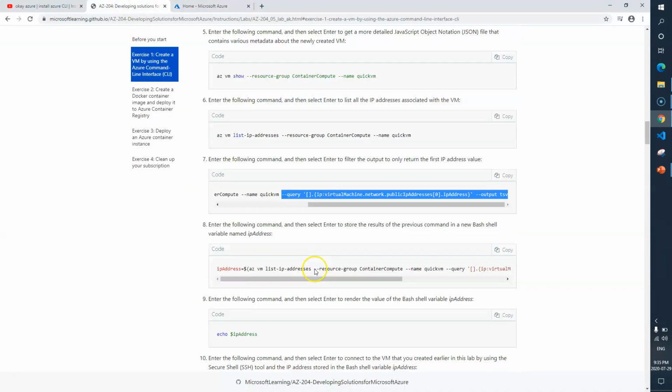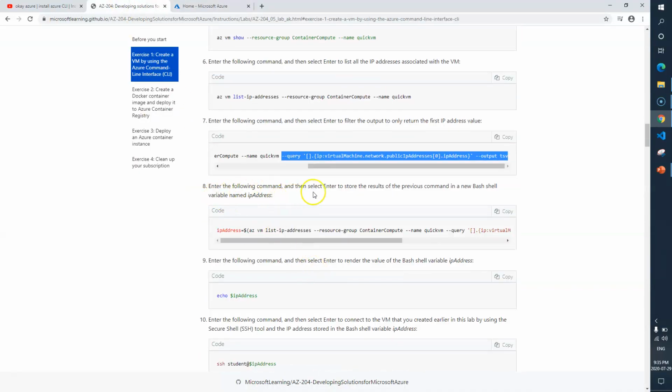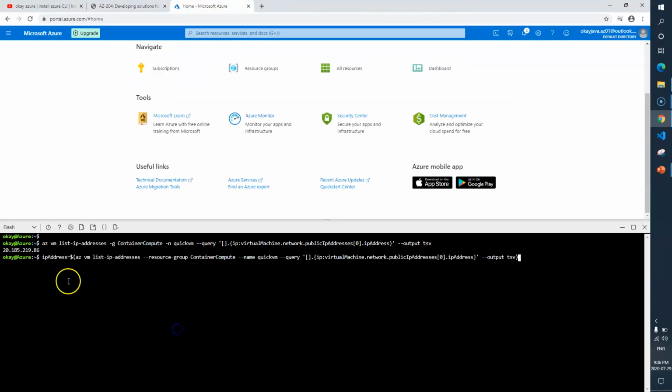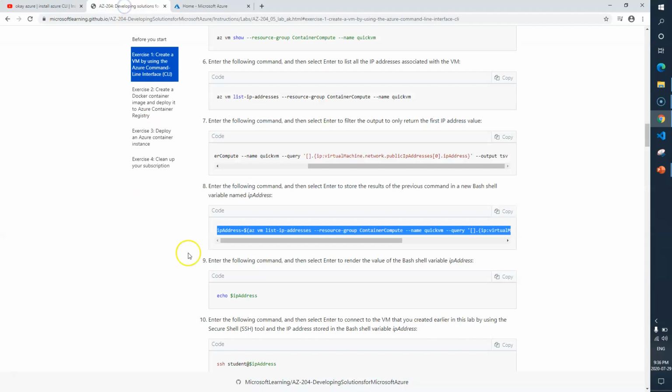Now it says enter the following command, hit enter to store the results of the previous command in a new variable called IPADDRESS. So now we need to store it, let me copy this one, and then it will store the IP address in this particular variable called IPADDRESS.